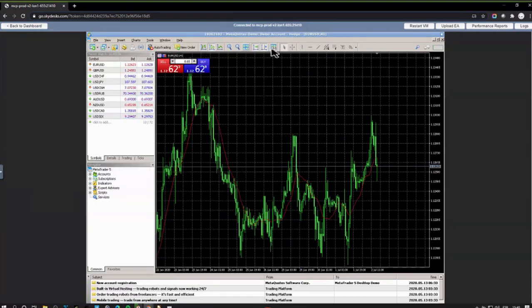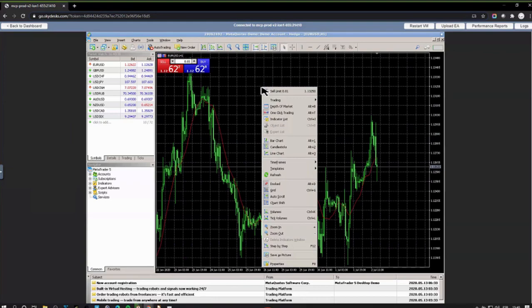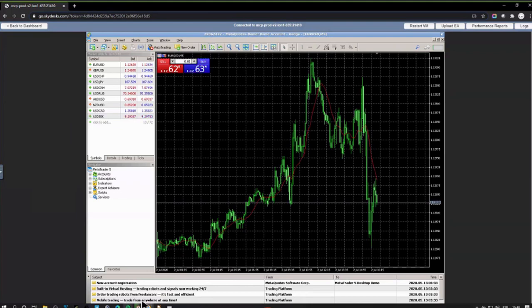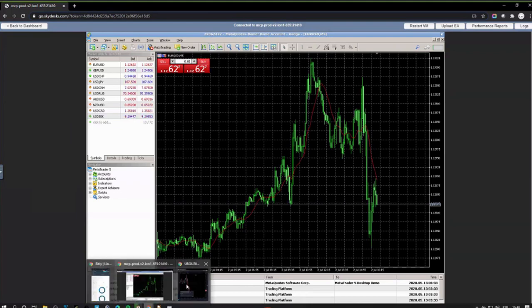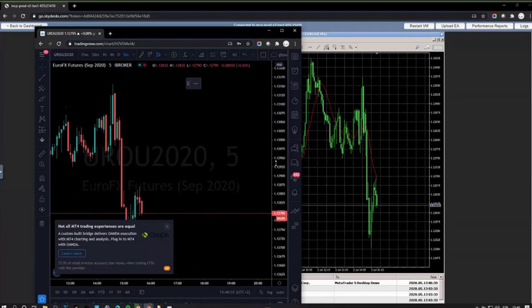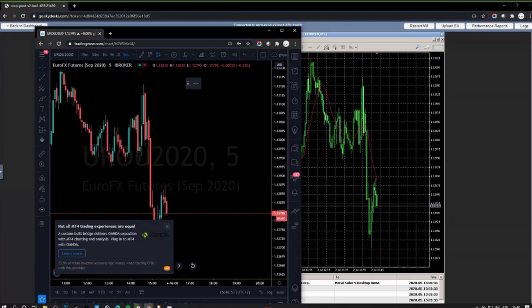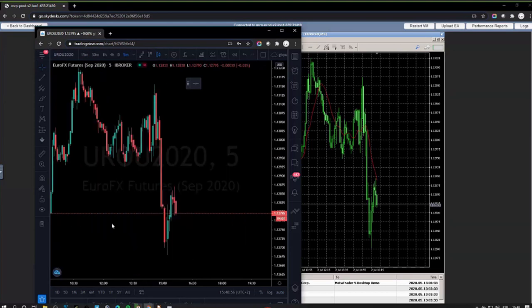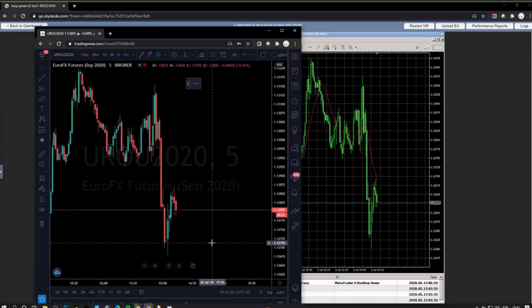This is the 1 hour. Let me switch it to 5 minutes. All right, so let's compare now these two charts. You will see how they look pretty much the same, right? I can see how they look pretty much the same, same structure, but there's a difference, and